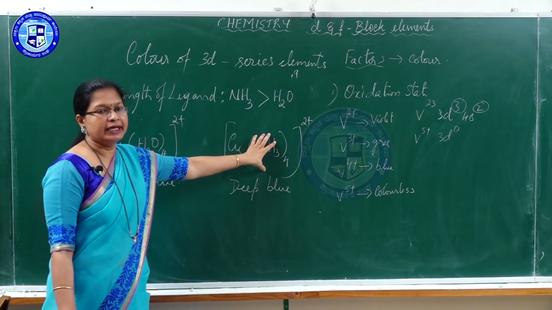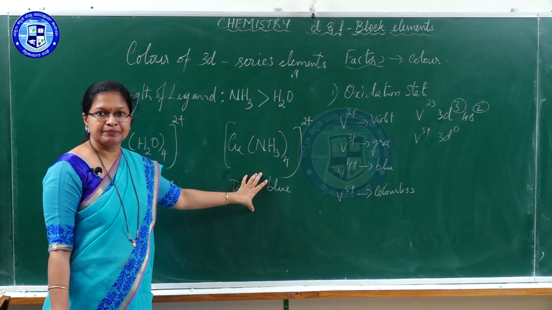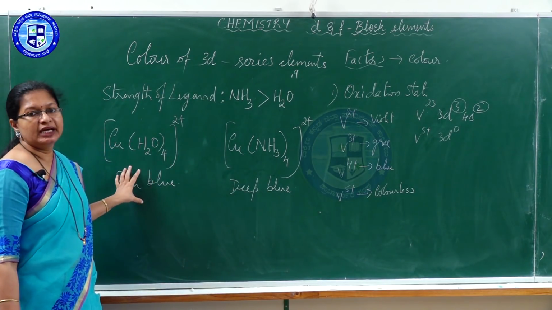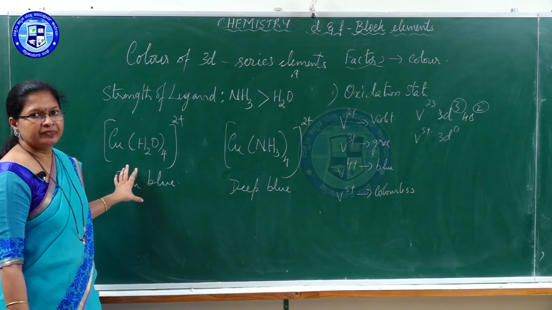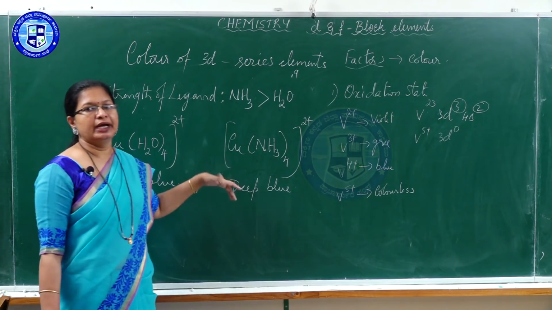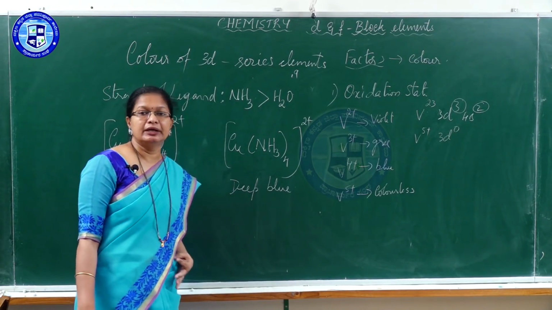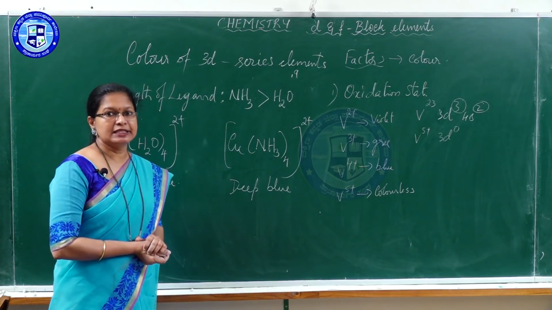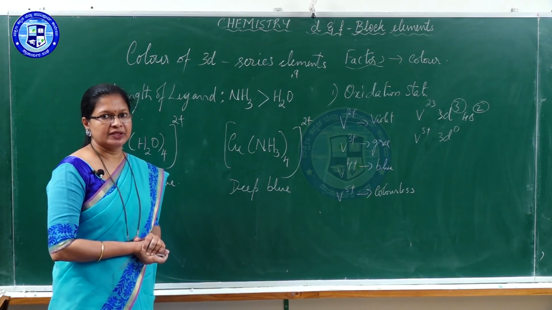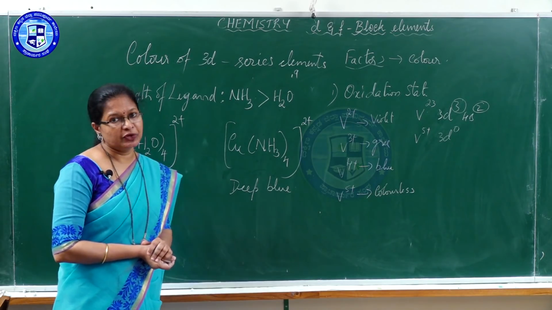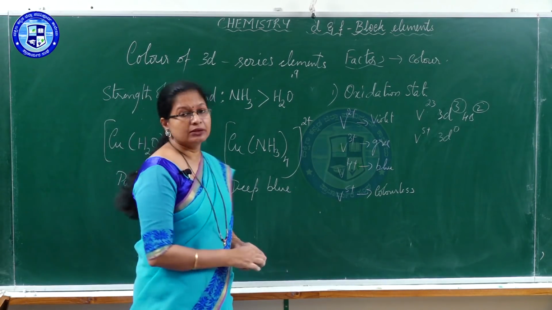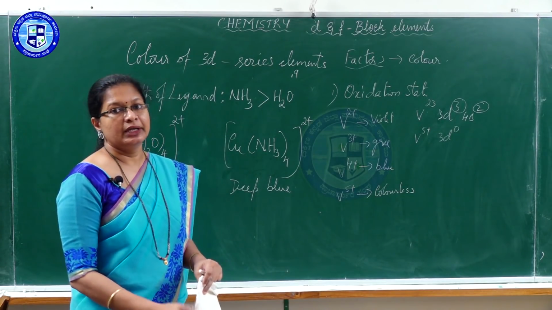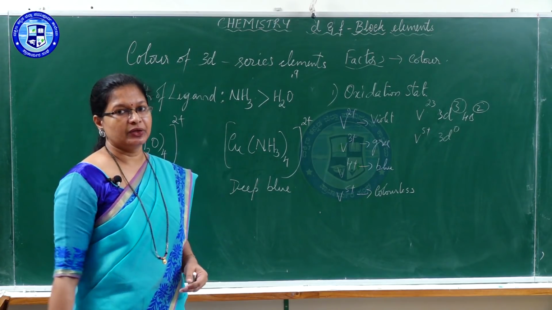So, with the strong ligand, the color also will be intense. If the metal is present with a strong ligand, the color will be intense. If it is present with a weak ligand, the color will be light. And the reason for this difference, you are going to learn in the coordination compound chapter. For these d block elements, these reasons are sufficient. It's fine. This is regarding the color of coordination compounds. That is the sixth property. This is the sixth property. We have discussed 5 properties before. This is the sixth property regarding color of the coordination compound.